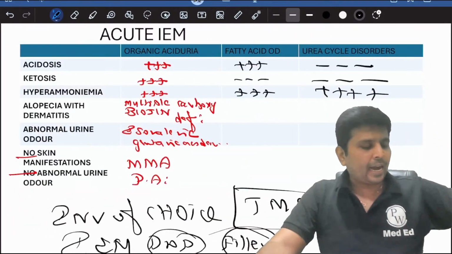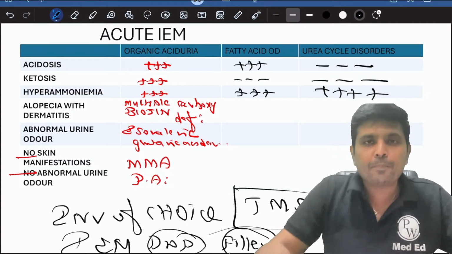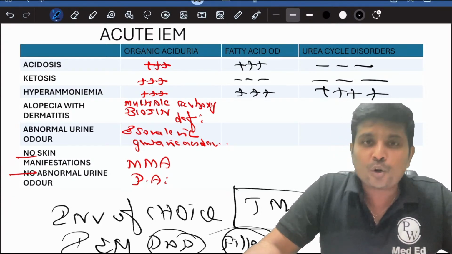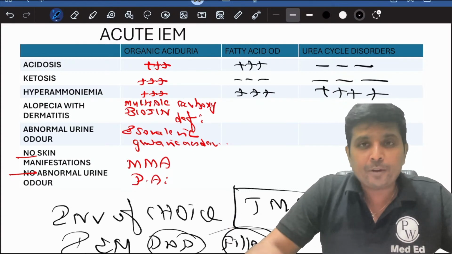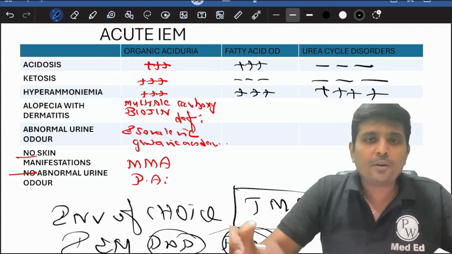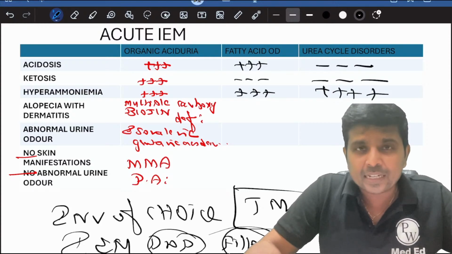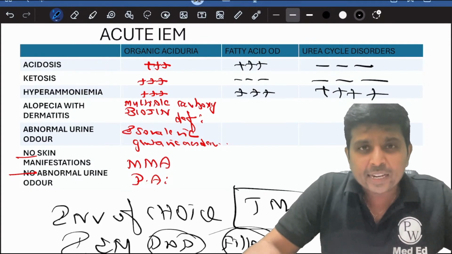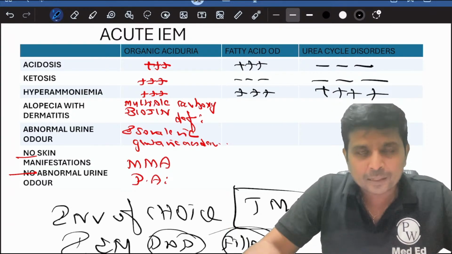And finally, I am stopping my section with this very, very important topic. Remember the approach to organic aciduria. This is the approach to acute inborn error of metabolism that I have been observing for the past more than 1.5 decades. So this tabular column is very, very important, and it will help you to crack at least one simple question. Whenever any newborn crashes immediately after birth,